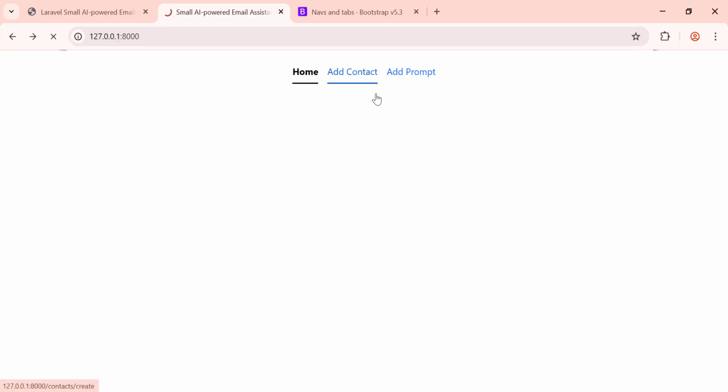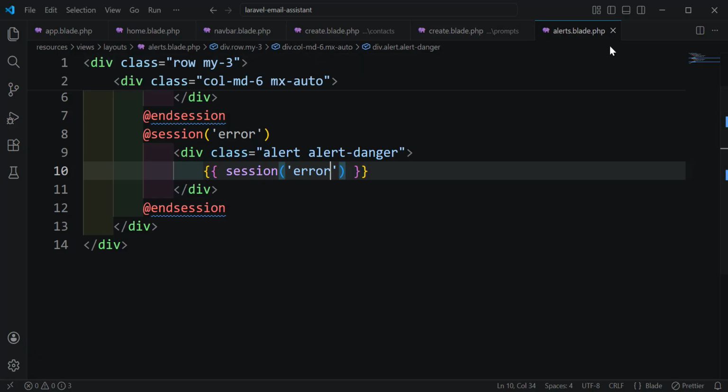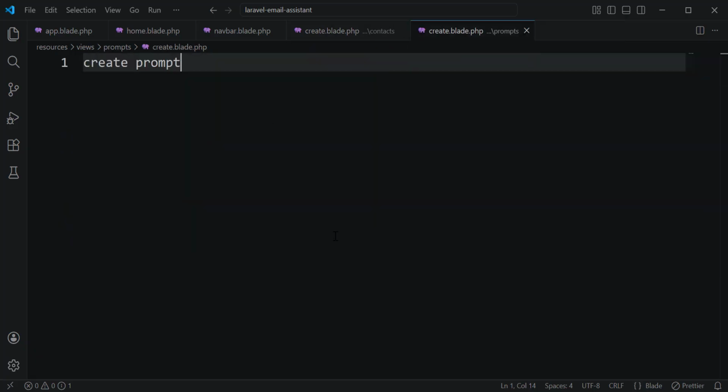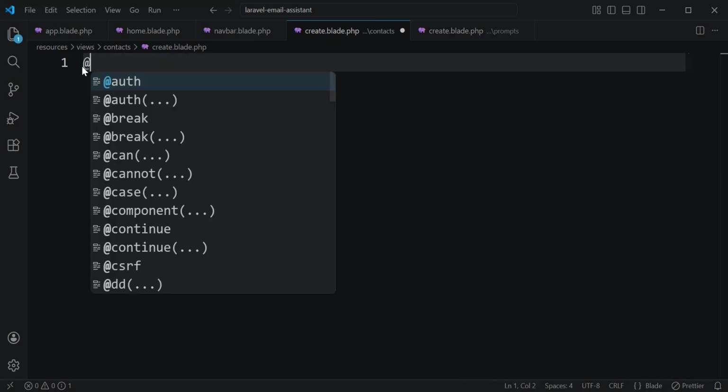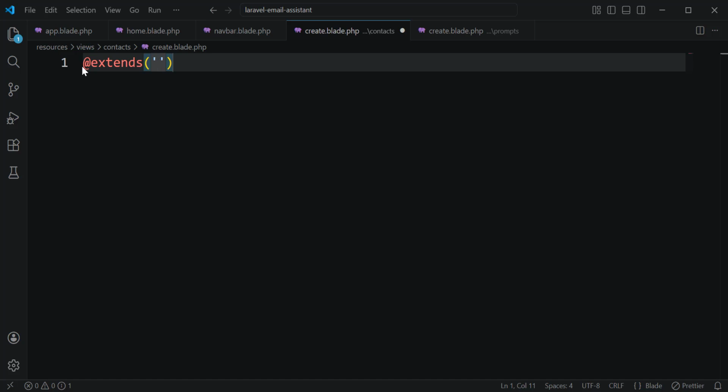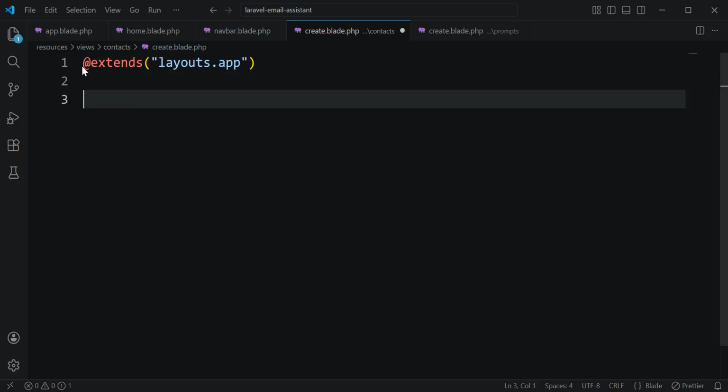Next, let's check our navbar. Okay, but let's do something before we check the navbar. Let's add a form for creating a new contact, and the same thing for creating a prompt. Let's start with the contact. So here we need layouts.app, and we need section,